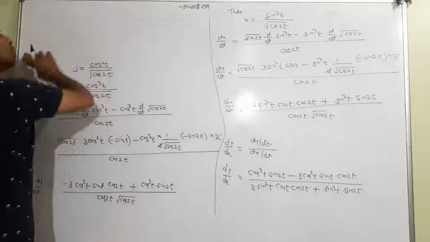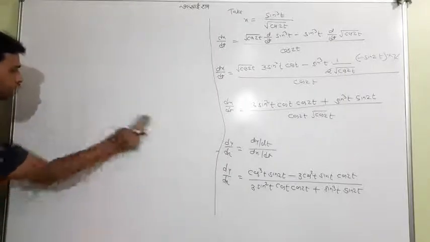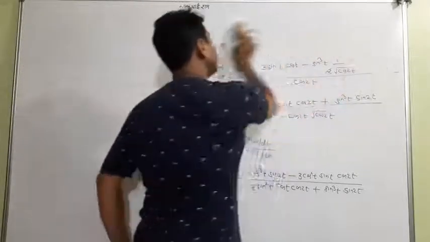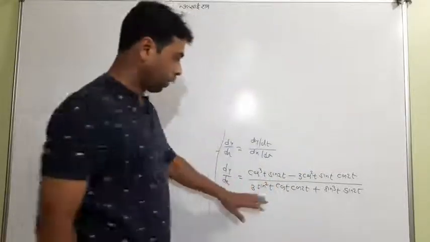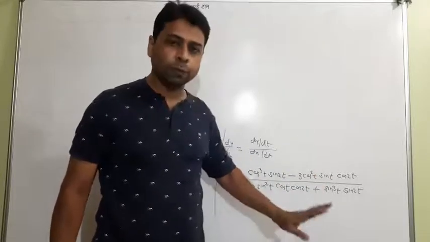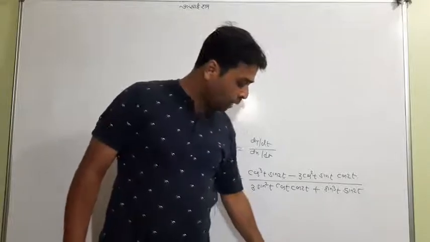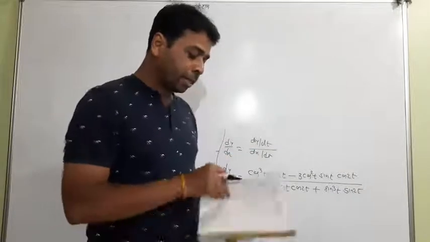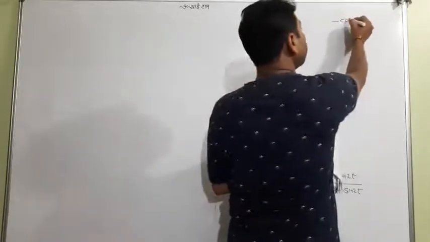Let me rub it all out, because you have seen the whole concept. The question was a bit long with digits, otherwise the answer was so easy. So whatever I have told till now, this looks like the answer at first view. But when you see the book now, in the book the answer is not the same. When you check question 5.67, the answer is minus cot 3t.